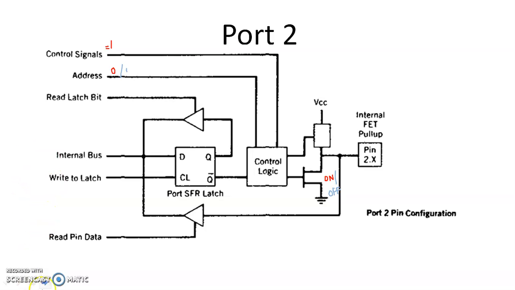If I am going to use port 2 as an address, I need not worry about the SFR latches, because they no longer work when it is used for an address. All I have to do is make the control signal 1, and then the address value can be either 0 or 1. If the control value is 1 and the address is 1, then through the upper internal pull-up, the data will be transferred to 2.x. When the control signal is 1 and the address is 0, the lower transistor will get switched on, pulling the pin to 0. So the logic value 0 will be generated as your address.